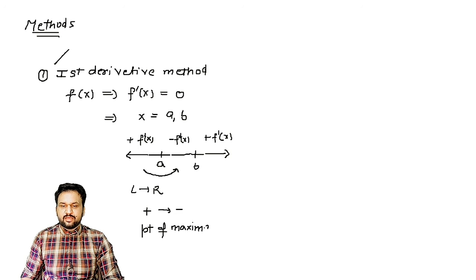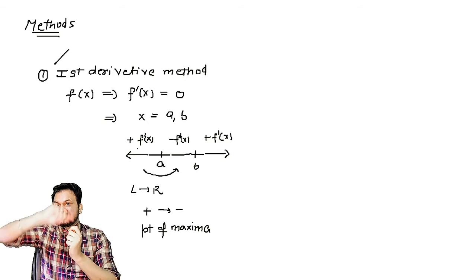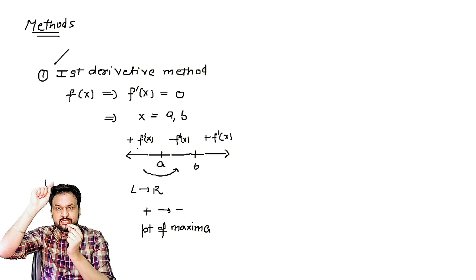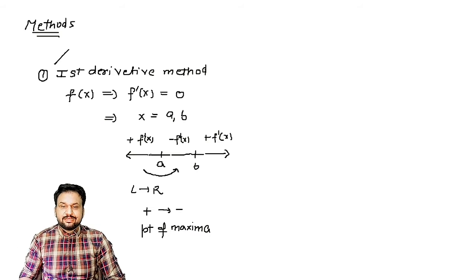It is known as a point of maxima, because somewhere you got a positive result, a positive gradient, and then it moves downward, meaning it gives a negative gradient, so the function starts to decrease. So that point was maxima, because after that point your function starts to decrease. After that you will see that at this point it goes from negative to positive, and if you get negative to positive, that is known as a point of minima.